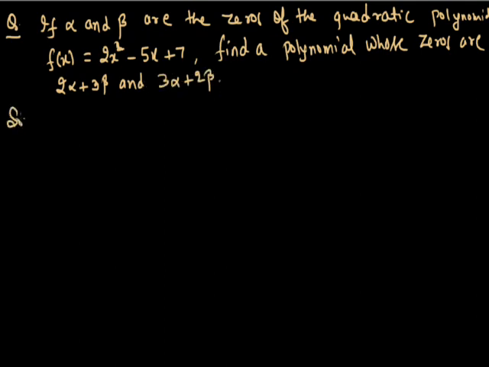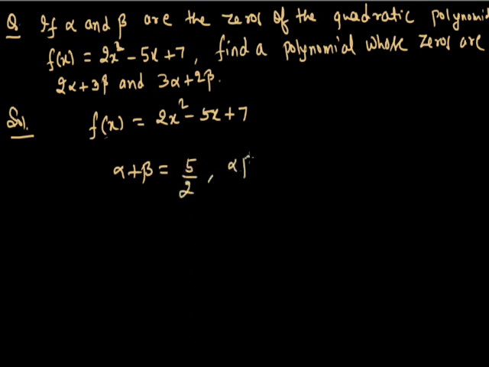Now solution for this. If alpha and beta are the zeros of the quadratic polynomial f(x) equal to this, then find the polynomial. f(x) equal to 2x square minus 5x plus 7. So alpha plus beta, this is equal to 5 upon 2 and alpha beta is equal to 7 upon 2. Now we have to find a polynomial whose zeros are 2 alpha plus 3 beta and 3 alpha plus 2 beta. So sum of new zeros